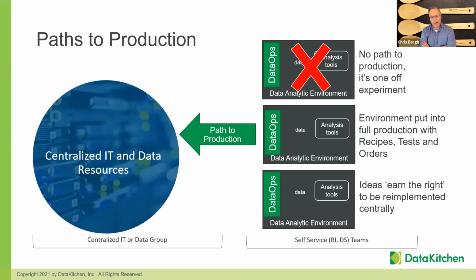They did an experiment, it had a one-off use, it's done. You don't need to worry about it. And at the very bottom, there was a case where, hey, these people have done some good work. Maybe they did some Python code, maybe they built a segment in Tableau, really good stuff, really powerful. That actually deserves, and has earned the right, to be re-implemented centrally as perhaps an attribute of a dimension or some kind of aggregate table that you put in the data warehouse or in a report that everyone sees. And that makes total sense.